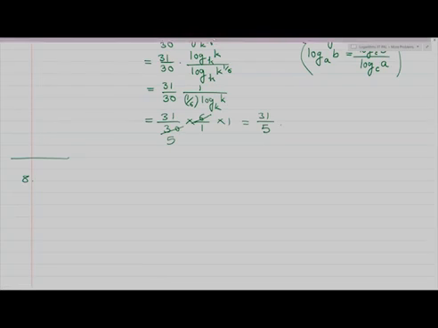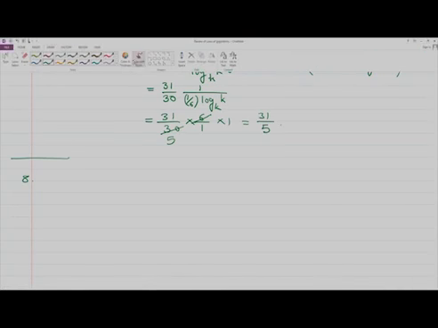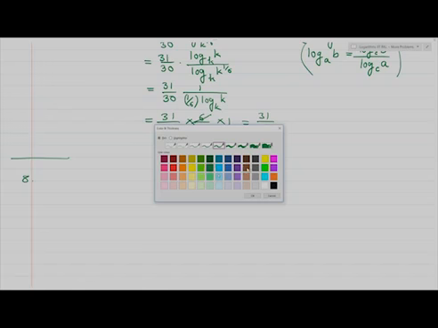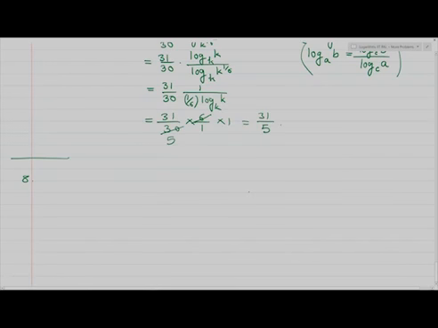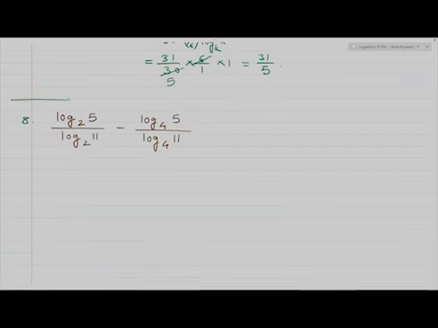Let me change the color. I am using brown color. So this question, if you understand it from the perspective of change of base rule, it will be easy. If you are not able to understand from the change of base rule perspective, then it will be difficult. In fact, this is a very easy question. Log to the base 4 of 5 upon log to the base 4 of 11. It's a cooked up question, so just see how change of base rule helps.